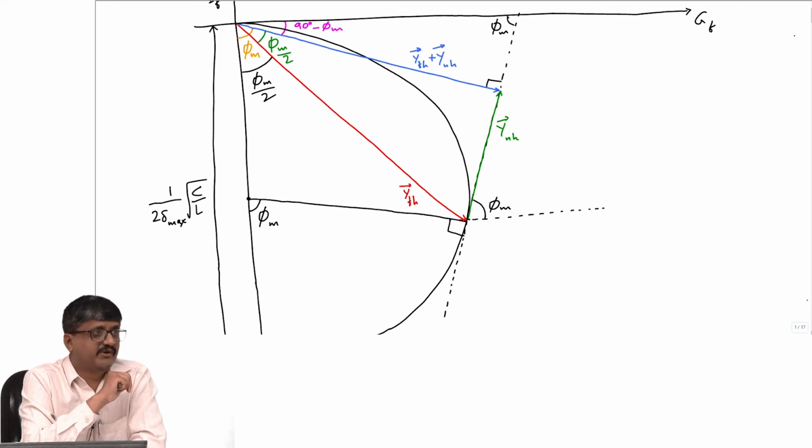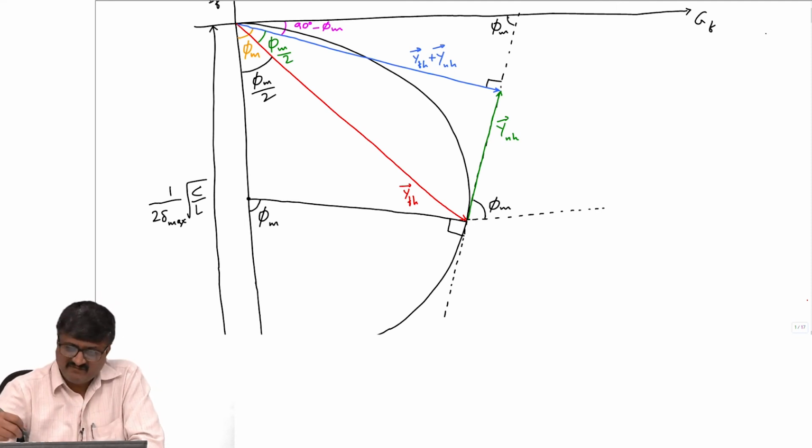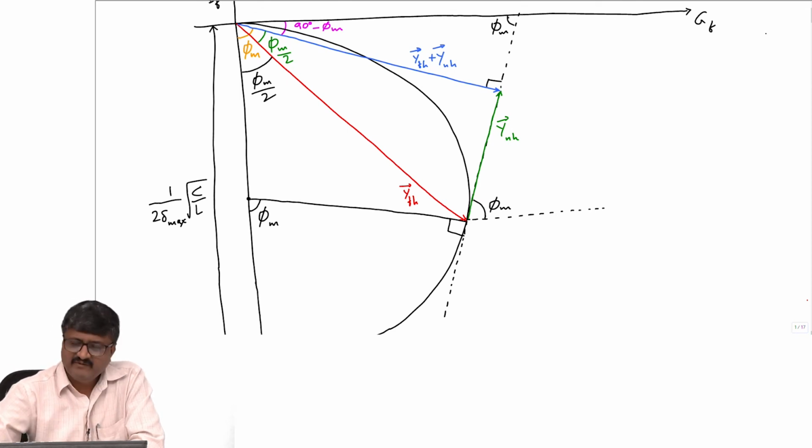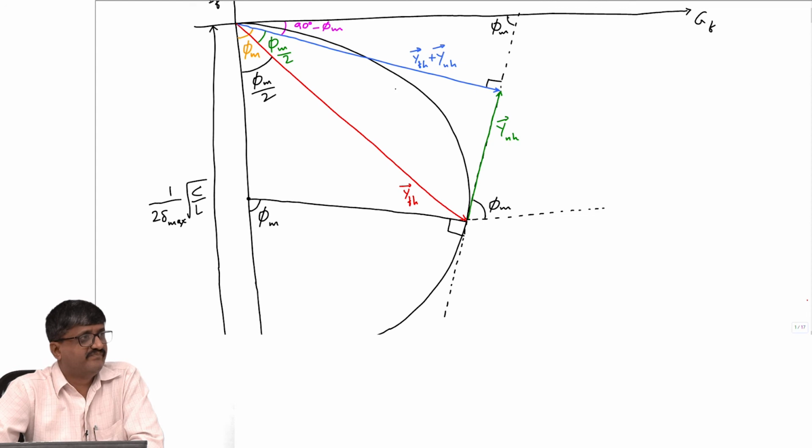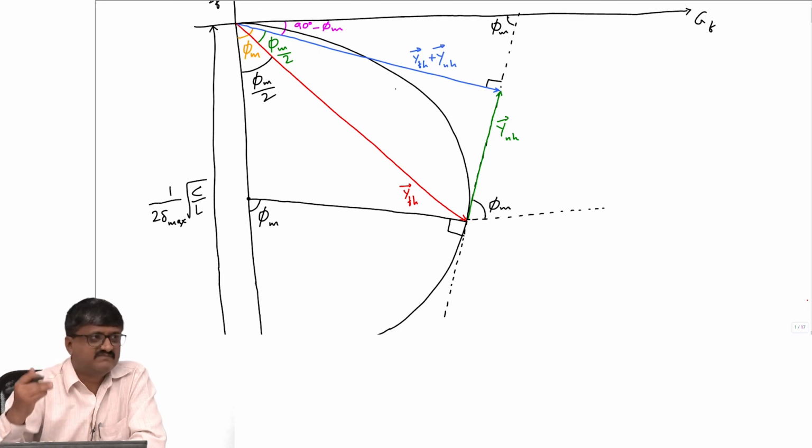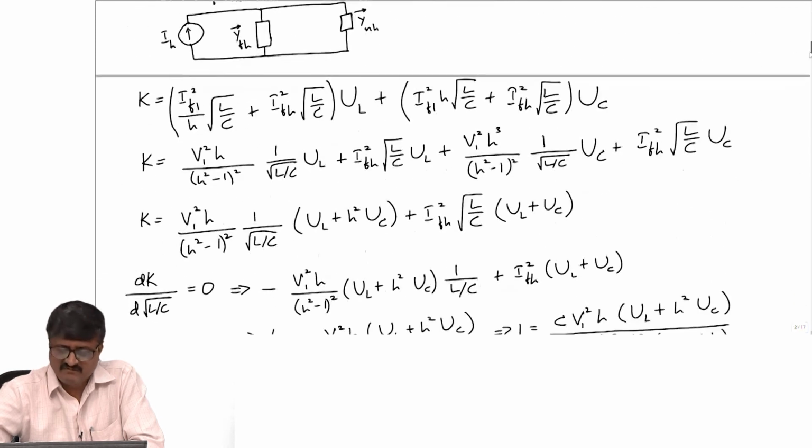Yes. So, from that you get, okay. So this figure will help in getting all the quantities. Now, if I take GF, please note GF is the real part of y of h. So, can I say GF is y of h into cosine of some angle? What is that angle? If I project y of h onto the GF axis, I get the value of real part GF. 90 minus phi m by 2. So, okay, let us write that.